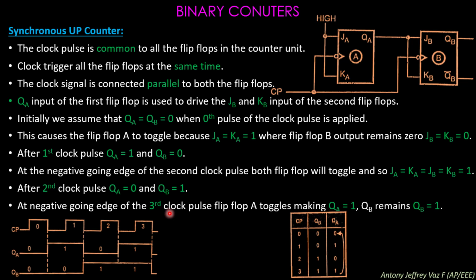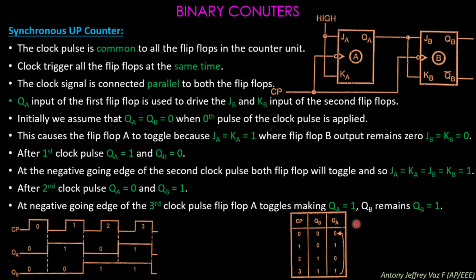In the third stage of the clock pulse, the QA signal again gets higher, whereas the QB signal maintains its state. So this synchronous up counter is designed with the help of a JK flip-flop, and this counter is able to provide you a 2-bit counting. Okay, so you can only count up to 2 bits, QA and QB. There are only 2 bits.